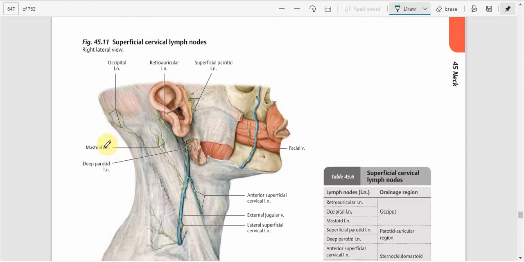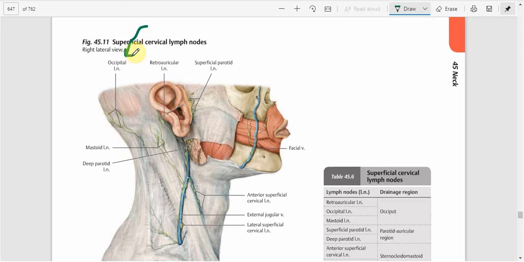Another way of understanding the location is that the post-auricular, the mastoid lymph nodes, are superficial to the sternocleidomastoid muscle. This over here is the outline of the sternocleidomastoid, and as you can see, the sternocleidomastoid is covered by the deep fascia, and superficial to the sternocleidomastoid and the deep fascia we have the mastoid lymph nodes. So onwards to the occipital lymph nodes. Over here, these are the